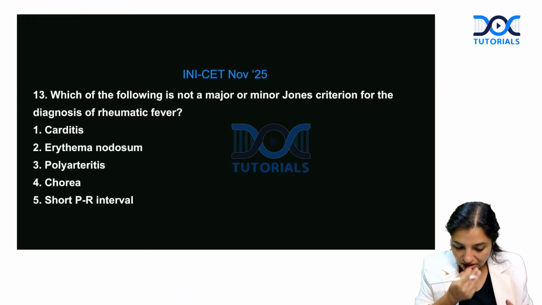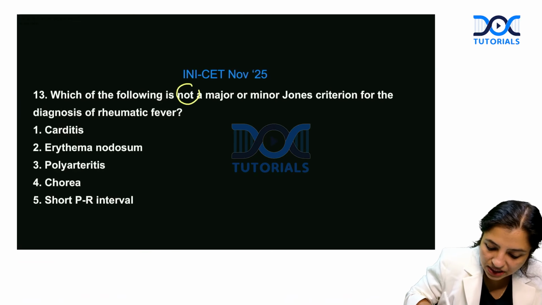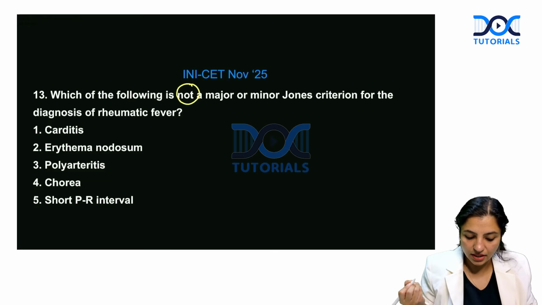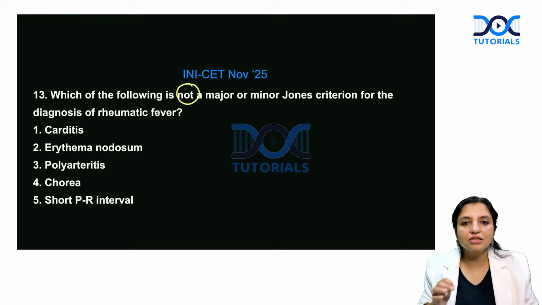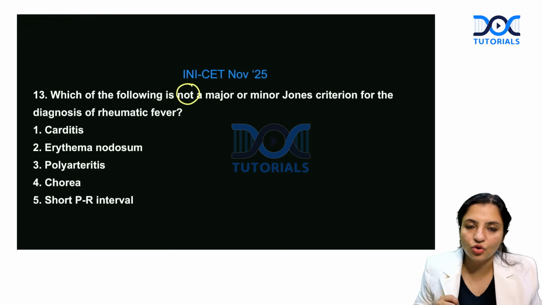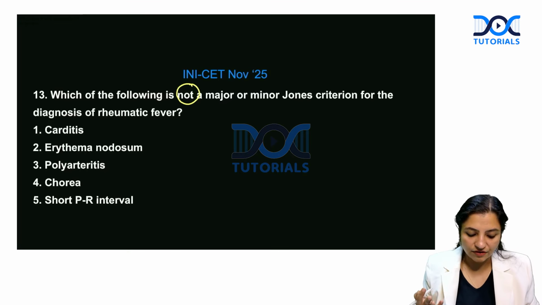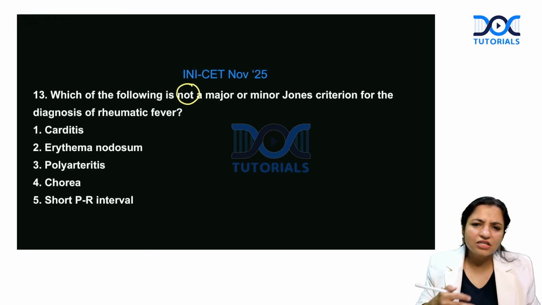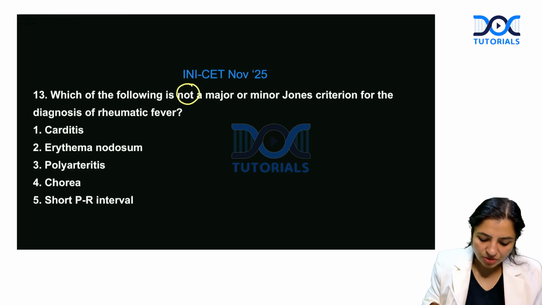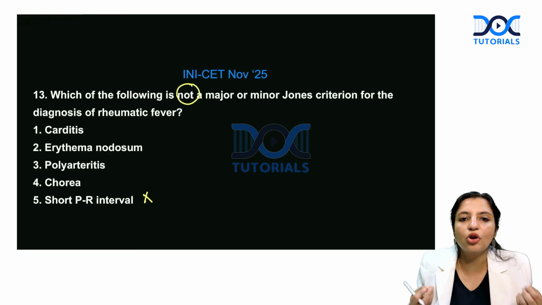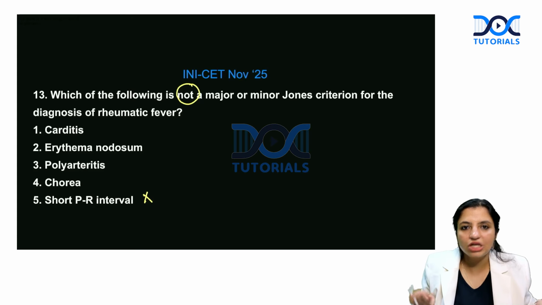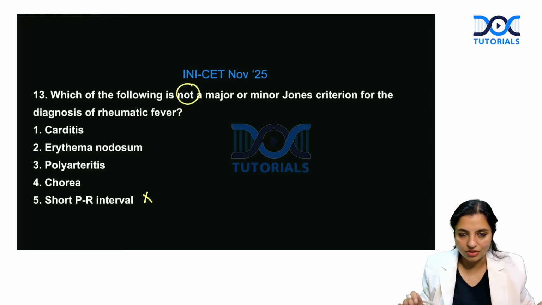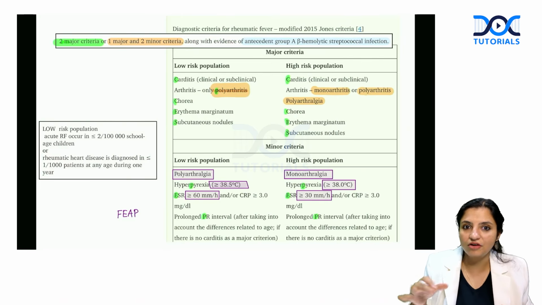Now next is, which of the following is not a major or minor criteria of diagnosis of rheumatic fever? I told you that this is an update which came in the diagnostic criteria of rheumatic fever, and that is what we had to be very, very clear. But this was a stat question, because short PR interval is never a feature. It is always prolonged PR interval. So that is never a criteria. But what is the change? You should know this. This was an easy question, but the change should be prepared for next time